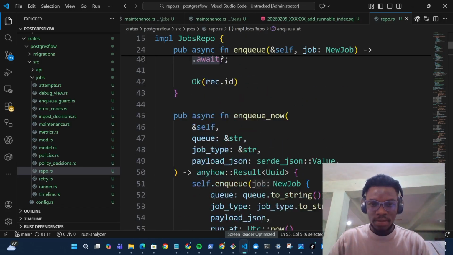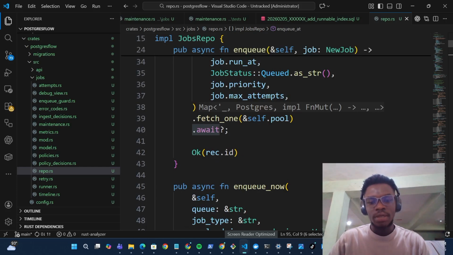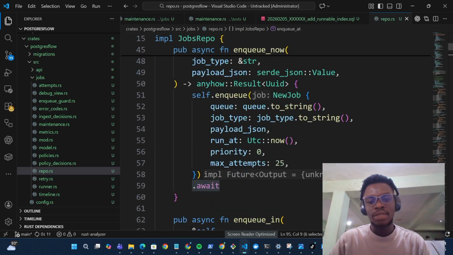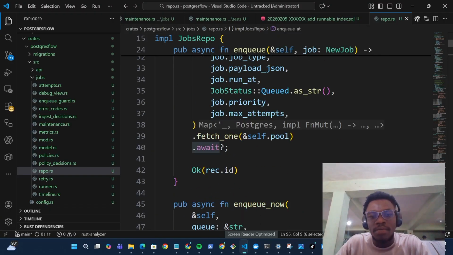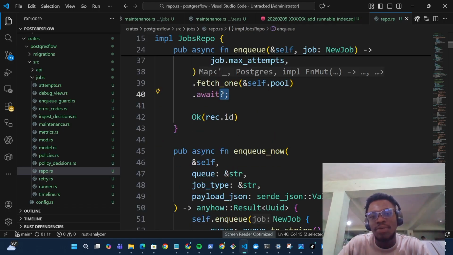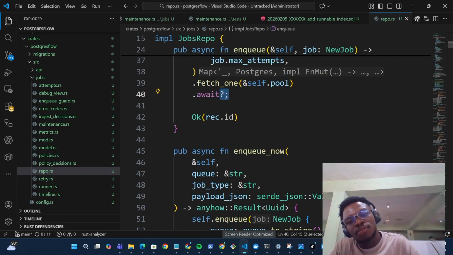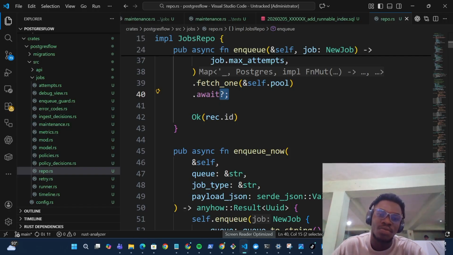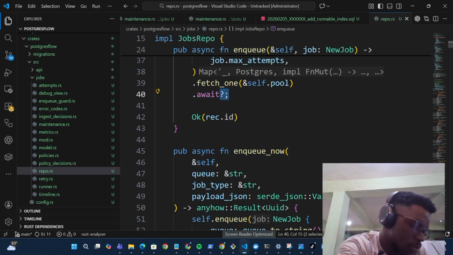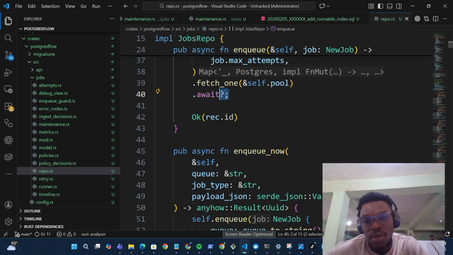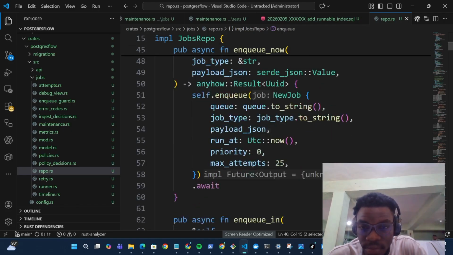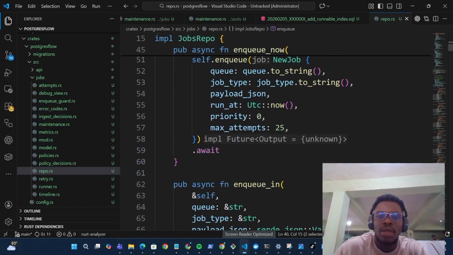So let's go back to this queue. This queue already, the reason we are not returning any error here is because the enqueue here, which is the main organ, is returning an error. So what these things are doing is just that the DB has already approved that the job is ready to be queued, right? It's going to be queued. Then what this one does is just to make sure that there is